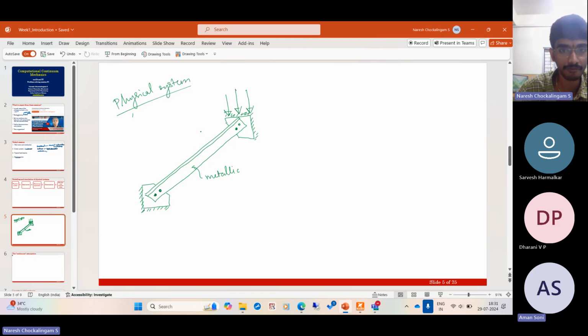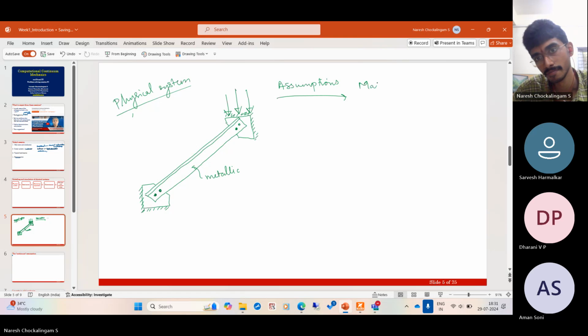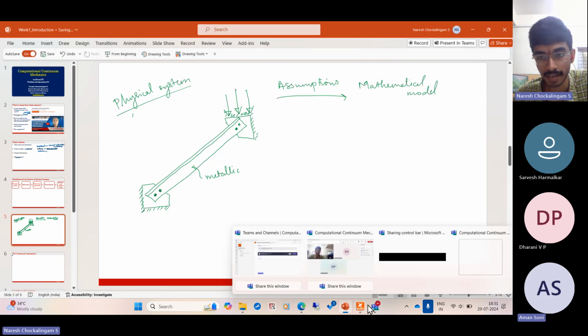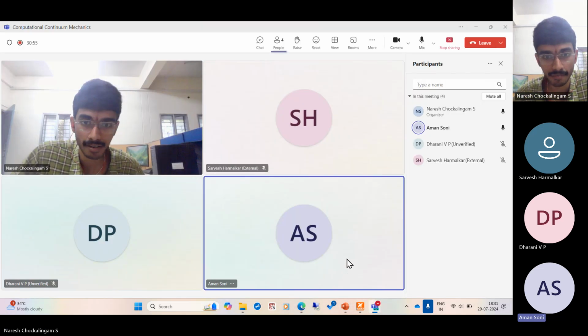Now, for analysis, we usually make assumptions to get to a mathematical model. We want to be able to get some predictive power. For example, something that is of engineering interest is that at what force will this